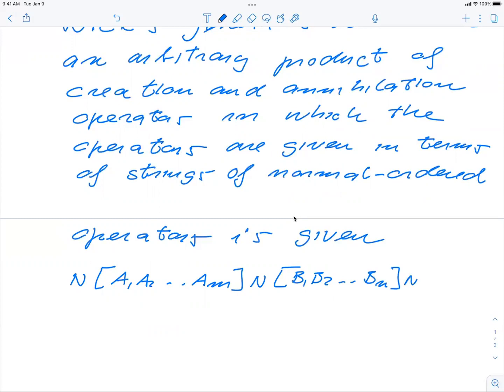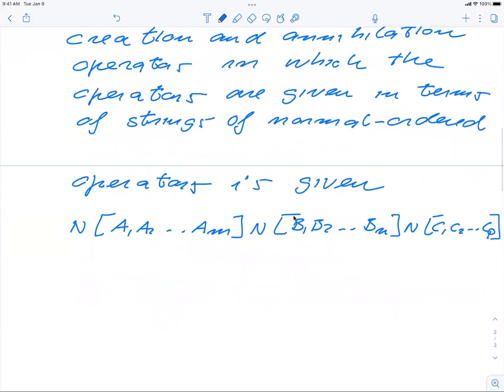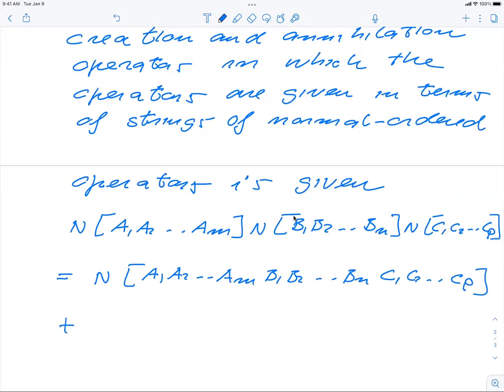And then we have a new chain here, C1, C2, up to some C of P. Just to give you an example, this can be given as the normal order product of all these operators, A1, A2, A of n, times B1, B2, B of n, times C1, C2, up to C of P, plus,